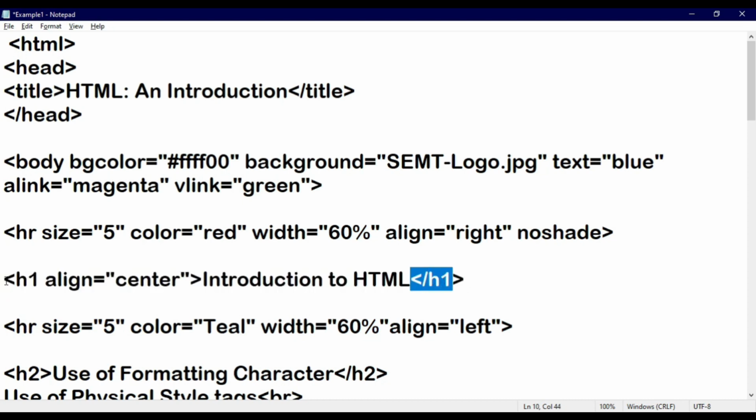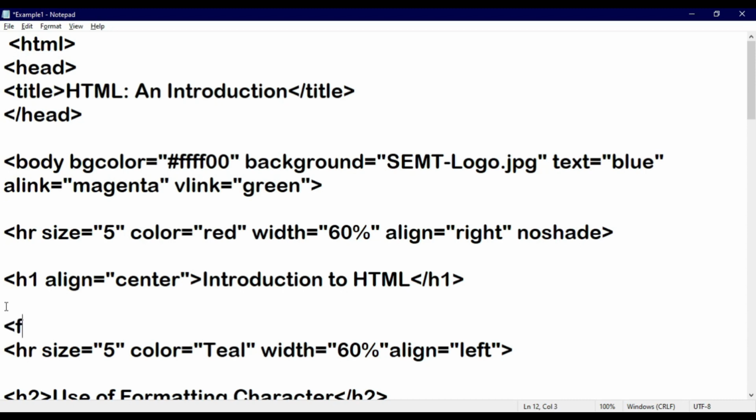But if we are not using a heading, let us see how we can display the same output. I am writing the same text using the font tag to show you the difference between both, and after that we will keep only one. Here I write the font tag open, and the font tag close, because I want to set this effect only on my title. So I write Introduction to HTML again, and this font tag has three attributes: face, size and color.